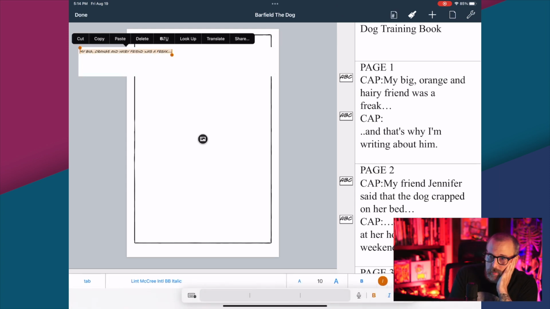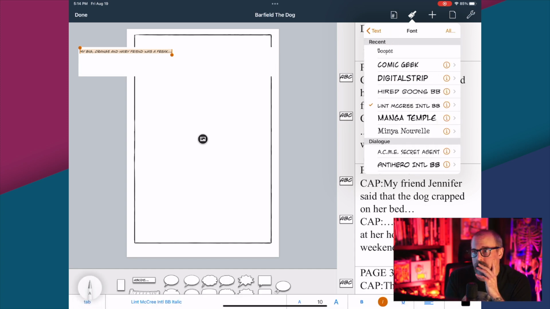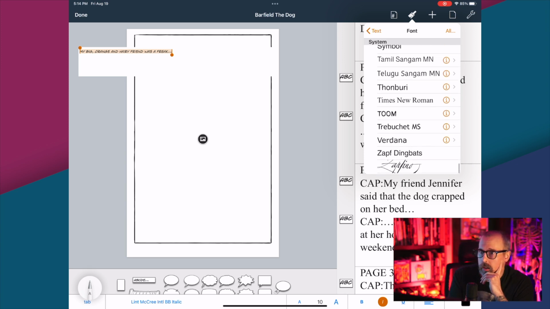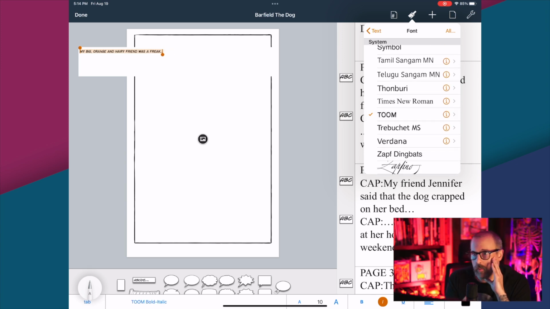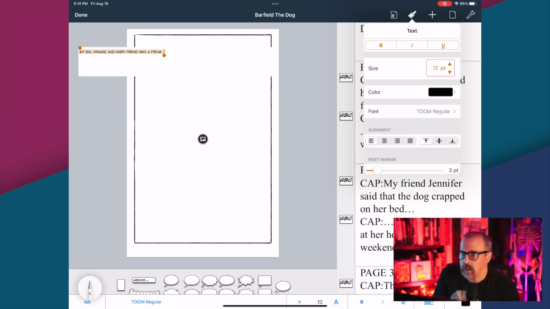Getting that right at the beginning is important so that all your pages end up looking the same. Now, I don't like the standard comic font. I use Tomb, which comes from Retro Supply Company. I think it's like $20 for the font. Well worth it to me. It's like an EC Comics style font. You can use whatever font you want to use here. Try to find a font that fits your style, and obviously don't steal fonts if you can avoid it.